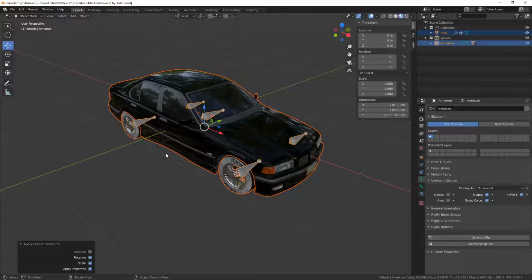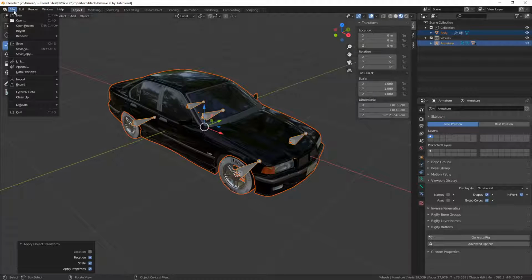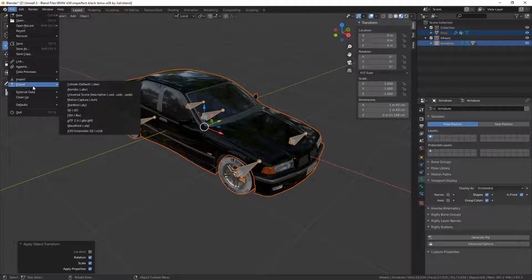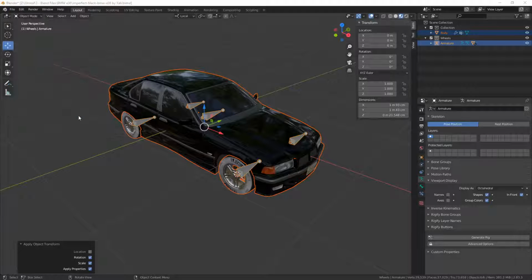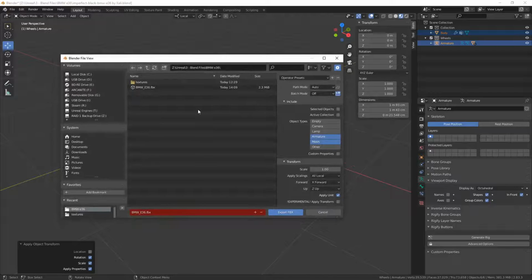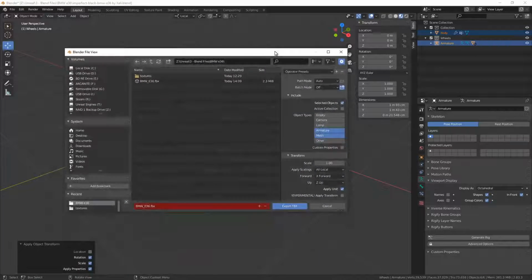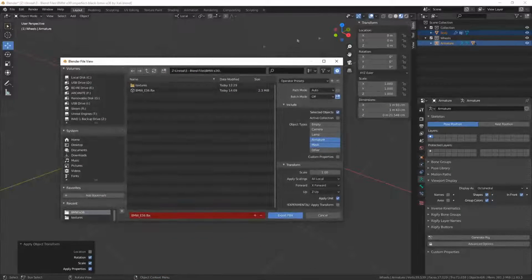We can now export. So let's go up here, let's go down to FBX, and it's popped up on the wrong screen. I've already tried this once already just to remind myself. So over here what you need to do is select armature and shift select mesh. You've got those two selected. Selected objects is always good. Make sure you've selected everything in there, just in case you've got cameras or whatever. Get rid of cameras and lights if you don't want them, or just don't select them.